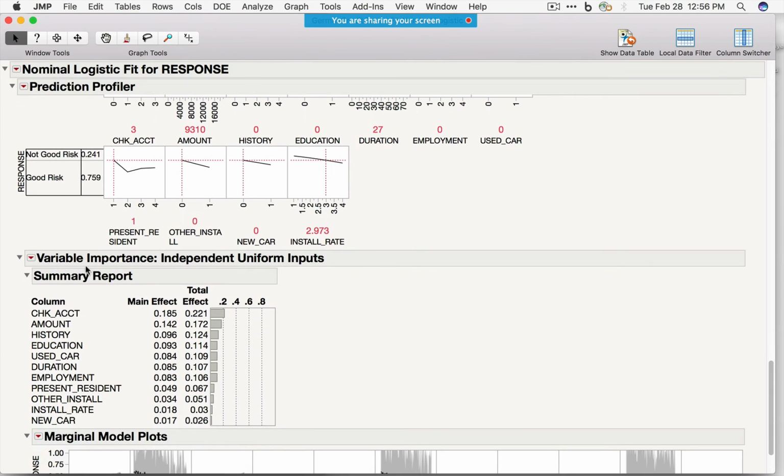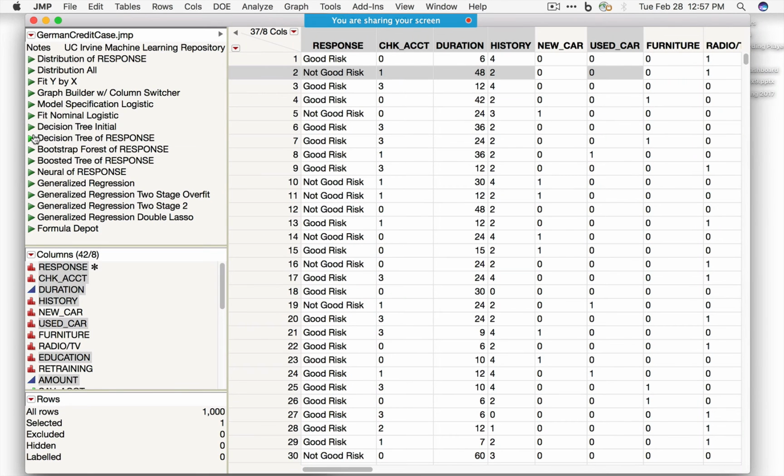I already ran variable importance, the same thing I did with the continuous response, and we can see that checking account's most important, followed by amount. Okay, so there's some variables that stand out here. We can also run a decision tree, so this would be a classification tree, Bootstrap Forest, boosted tree, several different generalized regression options here. And if I compare these competing models,